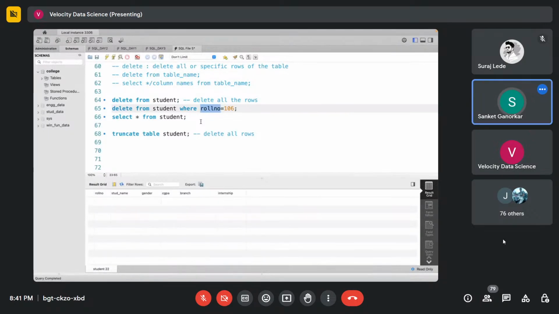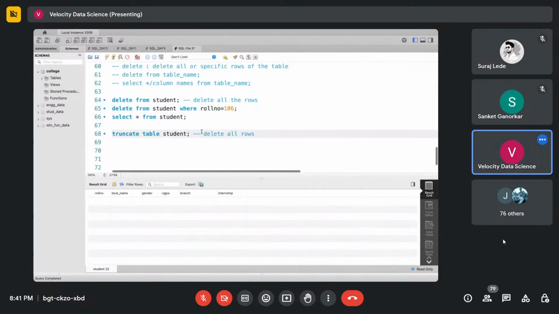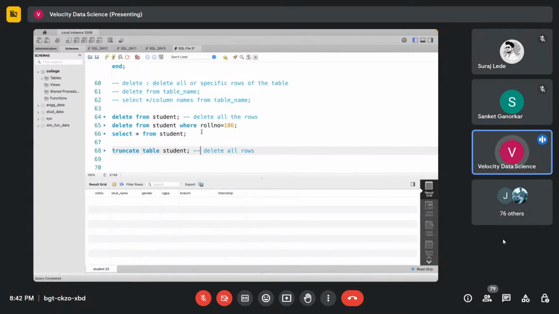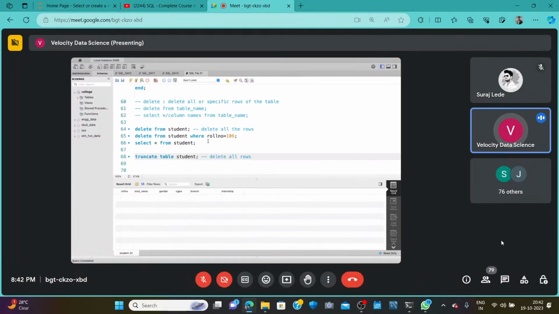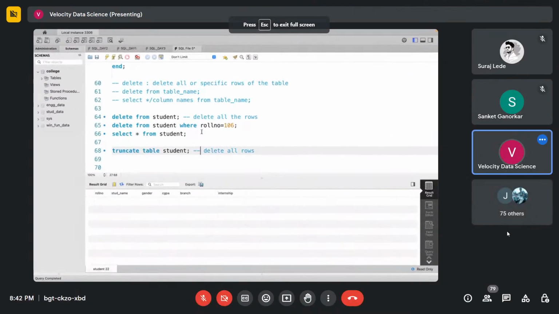नेम फॉर अपडेट होगा फिर? सॉरी, अपडेट के लिए भी सेम होगा अगर वेयर कंडीशन में? यस यस, वेयर वर्क्स सेम वे विथ सिलेक्ट, अपडेट एंड डिलीट. जितने भी रोज आपने जो कंडीशन दिया है उसे सेटिस्फाई करते हैं, उतने रोज आप रीड कर पाओगे इफ यू आर एडिंग इट विथ सिलेक्ट. उतने रोज आप अपडेट कर पाओगे इफ यू आर एडिंग इट विथ अपडेट. और उतने रोज डिलीट हो जाएंगे इफ यू आर एडिंग दैट वेयर कंडीशन विथ द डिलीट स्टेटमेंट. ओके